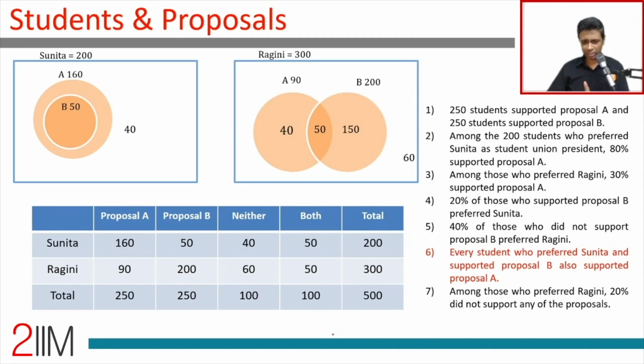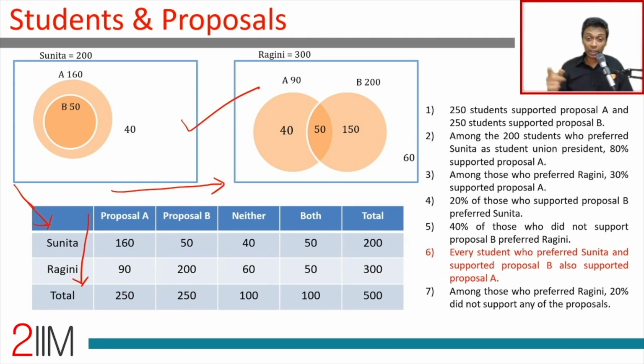The most crucial thing in this entire set is to recognize that for one of the data sets we are looking at a Venn diagram. For the other one we are looking at a table. When you're putting the whole thing in a table format, it is additive this way but not additive this way. If 160 people like proposal A and 50 like proposal B, then there are not totally 210 people, because there could be a bunch of people who like both, a bunch of people who like neither. So keep that idea open.